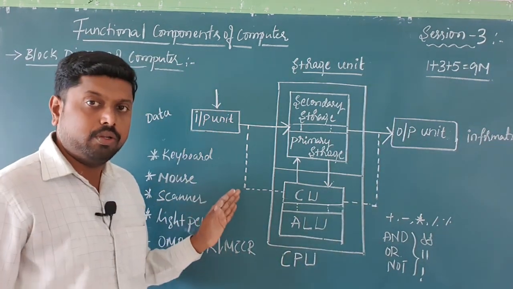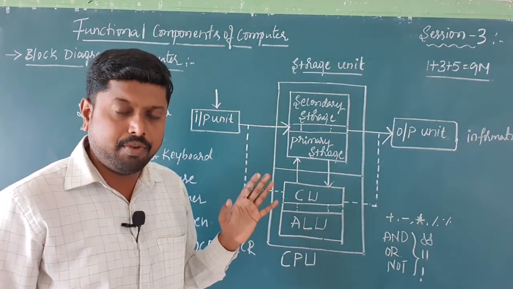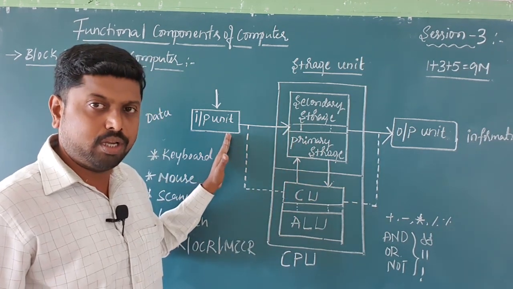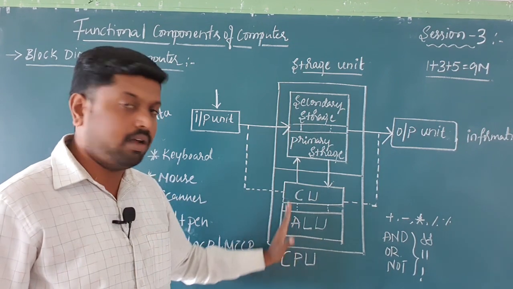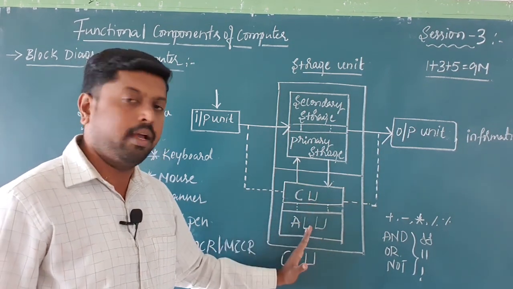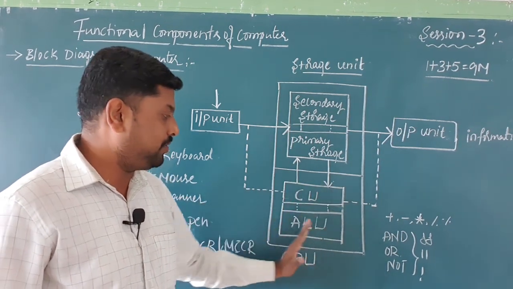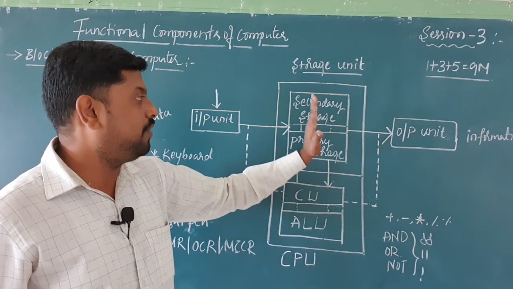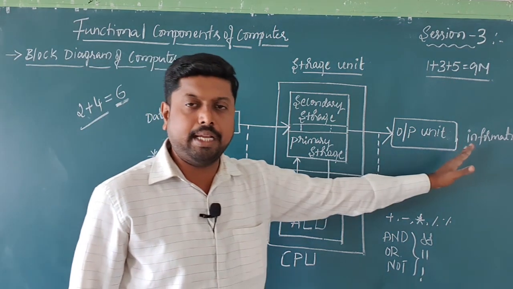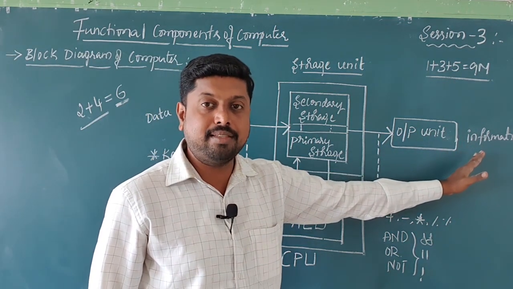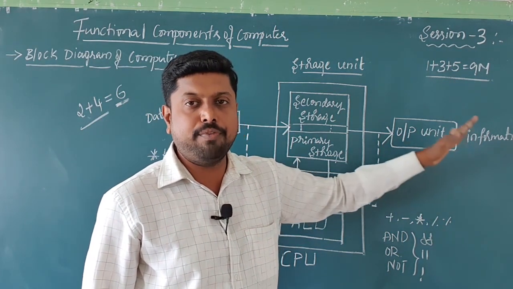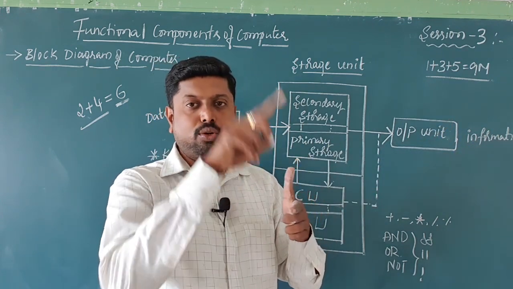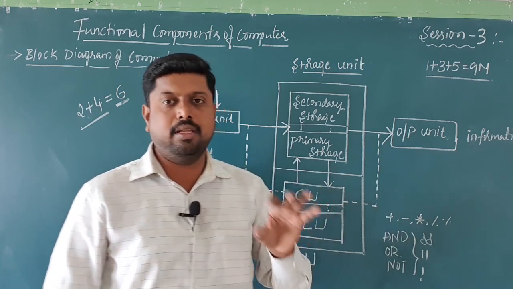So now, dear students, we are coming to the second part. After the user gives the inputs to the computer, the computer will perform the operation with the help of CU and ALU. After the processing, the computer will store the data. After storage of the data, the computer will automatically give the exact result. That is what we call output. On the calculator display, what you are watching, that equals 6. That is what we call the result.